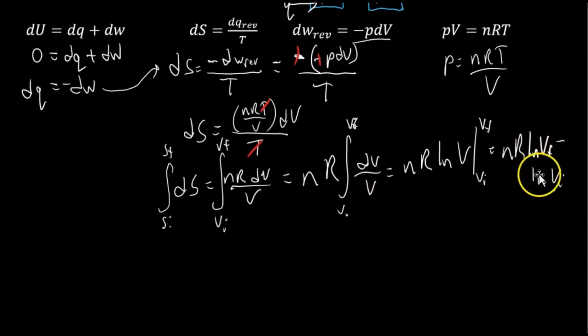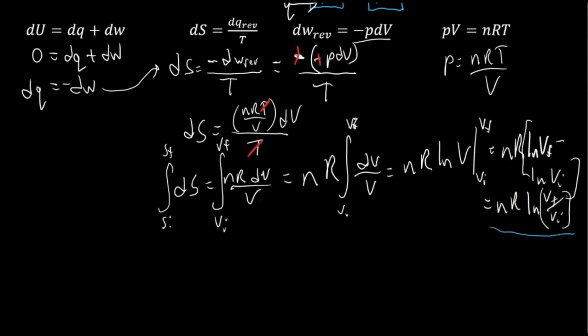And we can invoke a log law here to say that this is just nR times ln of V final minus ln of V initial, which is ln of V final over V initial. I'll underline it here. This is the right-hand side, but on the left-hand side, this change in entropy,